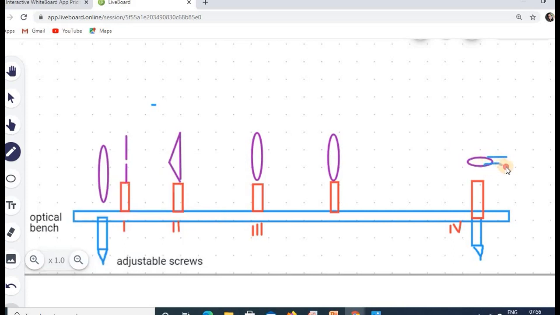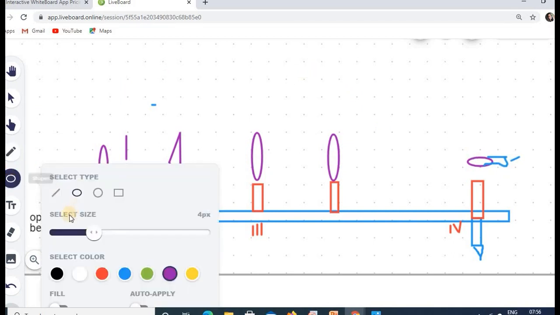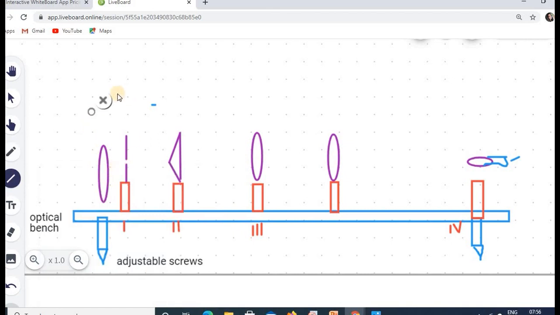So I'll draw something like this. No need to bother. Here I'm having the micrometer eyepiece, right? So light from the monochromatic source passes through the slit, and you can adjust the position of the biprism so that we can get the pattern on the micrometer eyepiece. Okay, this is what's happening. So to start the experiment, I'll discuss each of the points in detail.